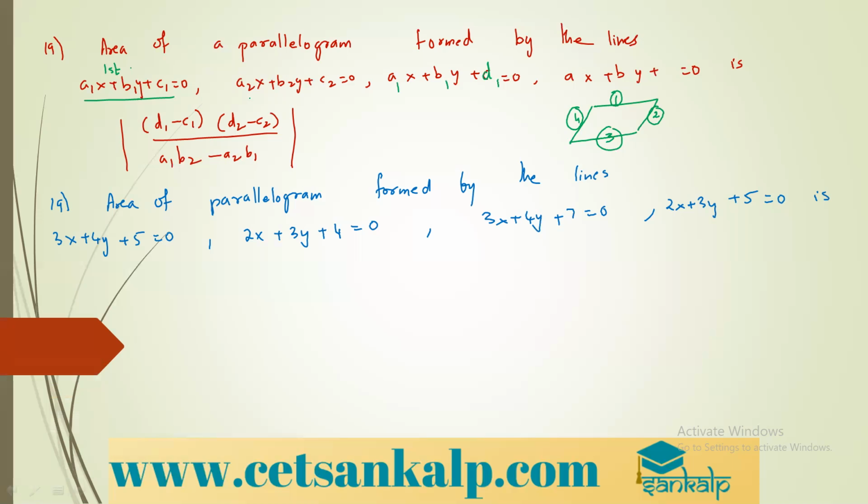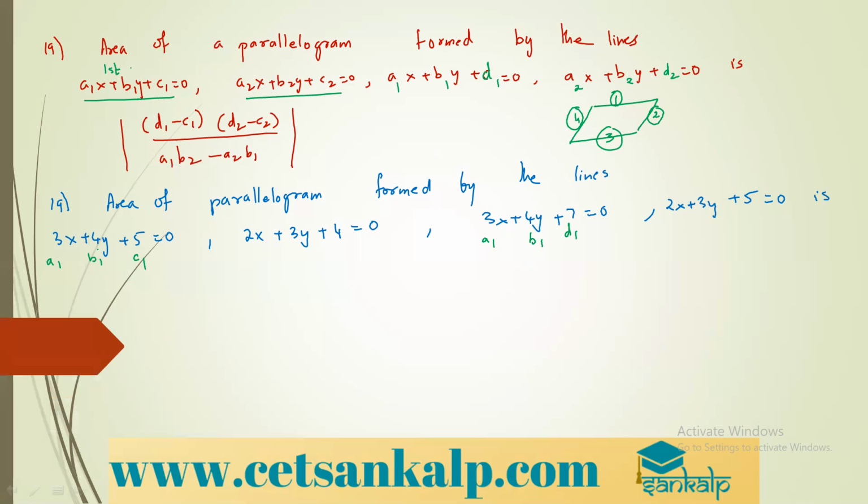So for second side and fourth side, what I will do here is I will change because it's a parallelogram. For the second side, I'm taking a2x + b2y + c2. So the fourth side also I have to take a2x + b2y, but d2. And then I can use this formula. So the same thing I will use in the question. This is a1, this is b1, this is c1. This is a1, this is b1 and d1.